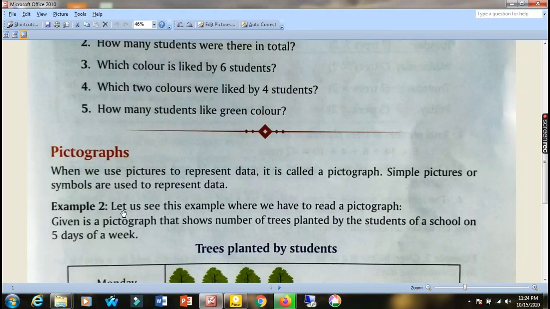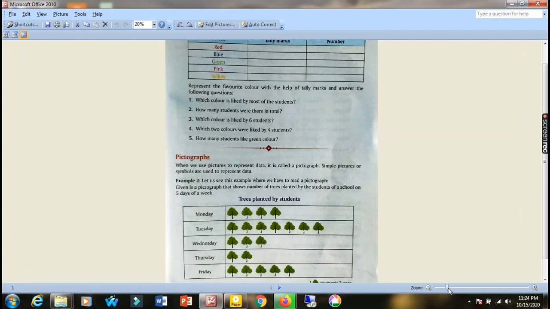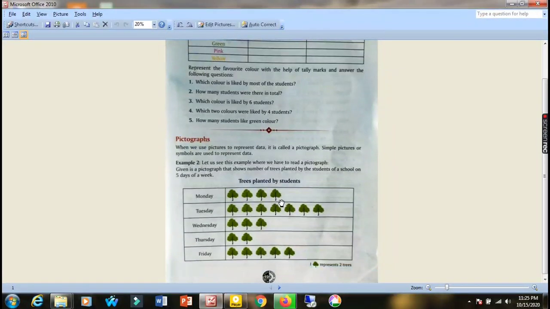Now let us see example number 2. Let us see this example where we have to read a pictograph. Given is a pictograph that shows the number of trees planted by the students of a school on 5 days of a week. As you can see here in the question, it is clearly written that a pictograph is given which shows the number of trees planted by the students of a school on 5 days of a week. In 1 week they planted